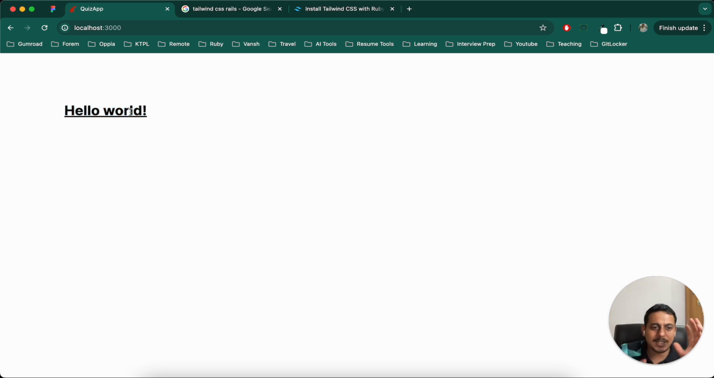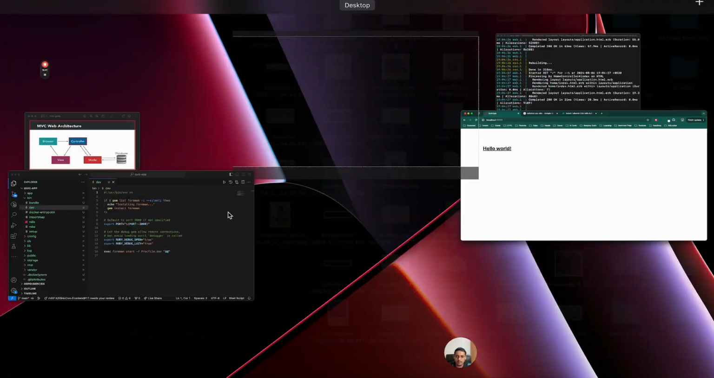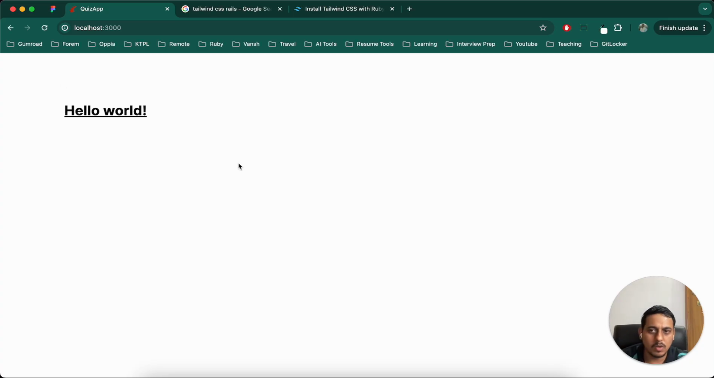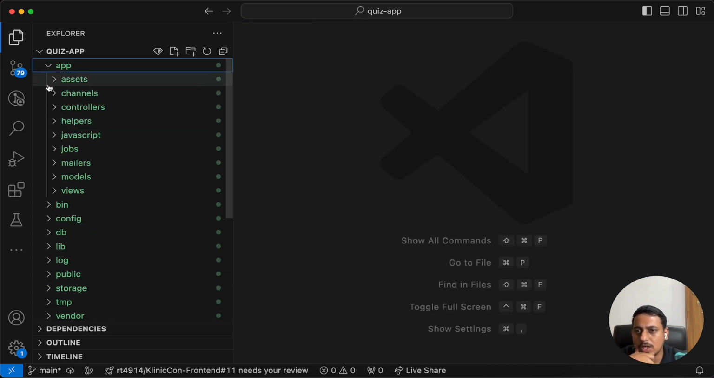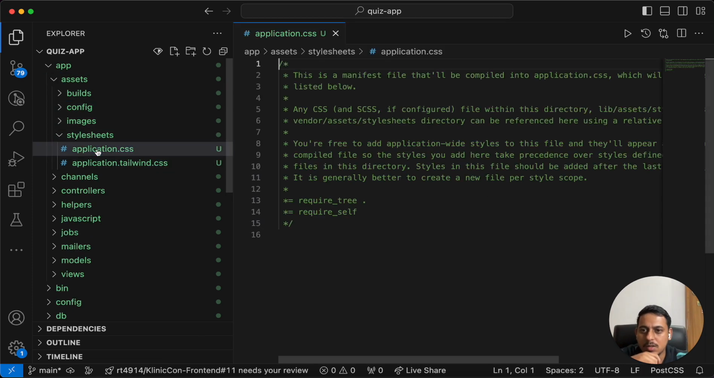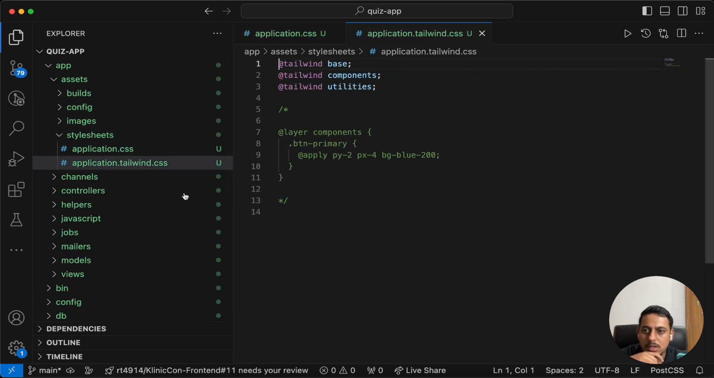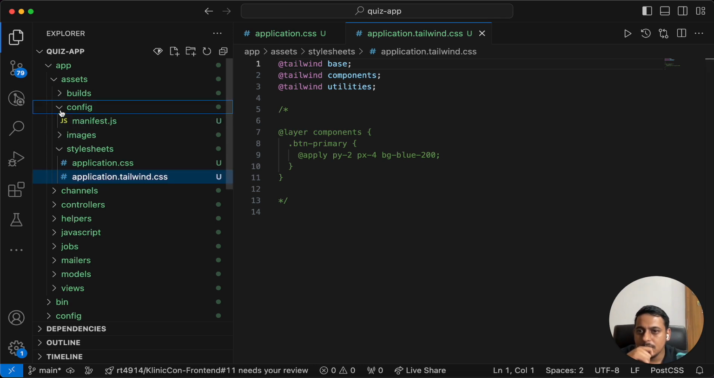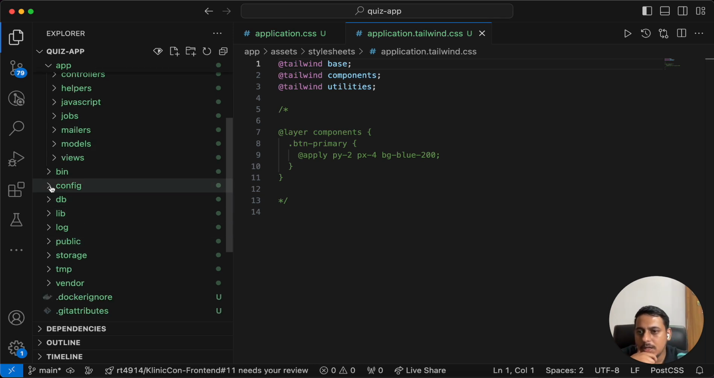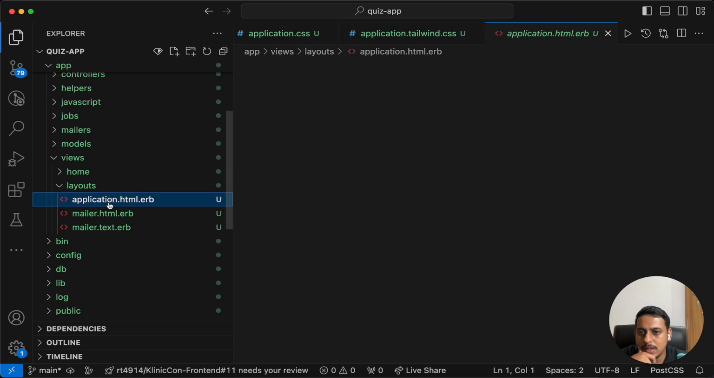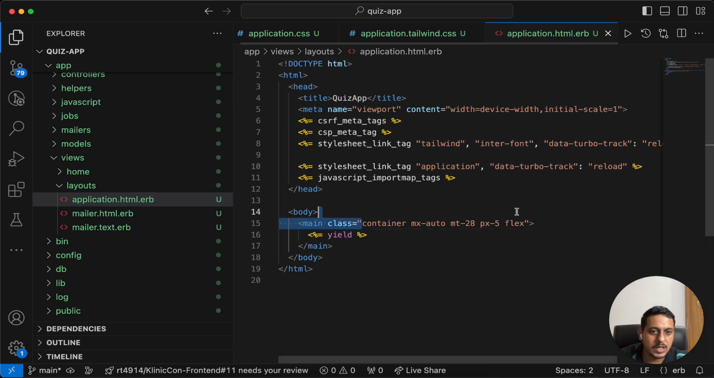Okay, so basic setup has been done. I think I can improve on this because I don't want this padding margin and all those things from the start. So I can go to assets, style sheet, here. Maybe views, layouts, application. Yes, this container is there. So let's get rid of this